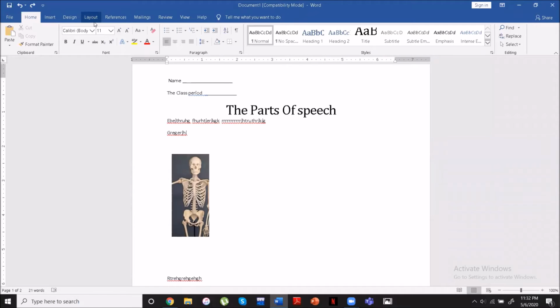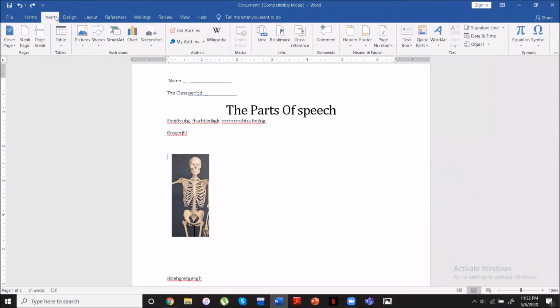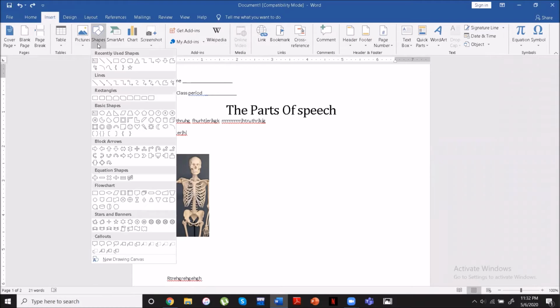There are also all sorts of other great options, especially the shapes option in the insert. From over here, you can put in arrows, lines, squares, rectangles, circles, and even plus signs, all sorts of great shapes that are useful, especially for teachers and students. And I also want you to know that you can also add a text box.